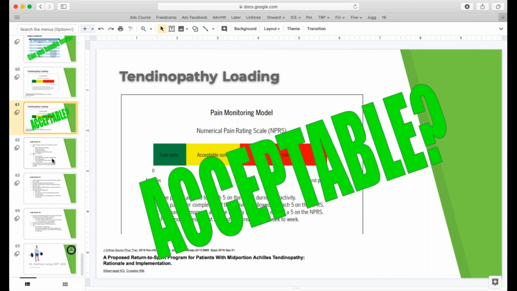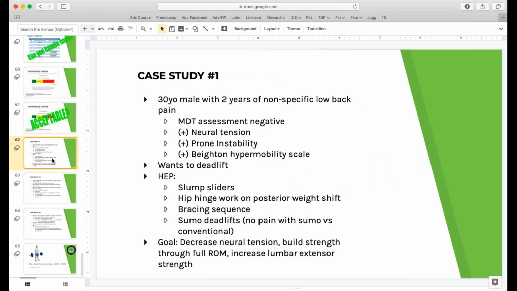I hope all of that made sense and I could wrap up this programming in a way that becomes a little bit clinically applicable to you. I'm going to give you 3 case studies here before we open it up for questions that I hope will tie all of this together a little bit more for you. So the first case example